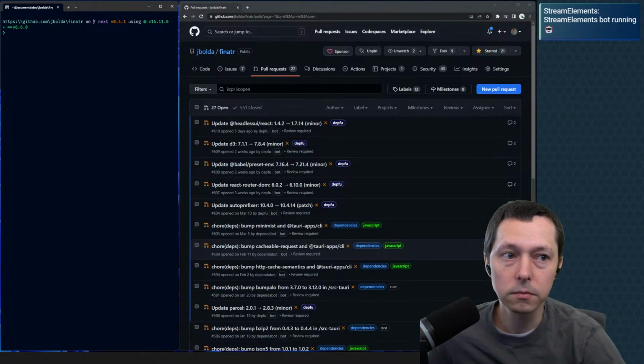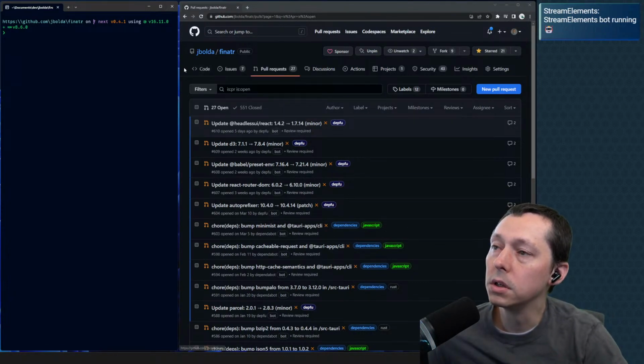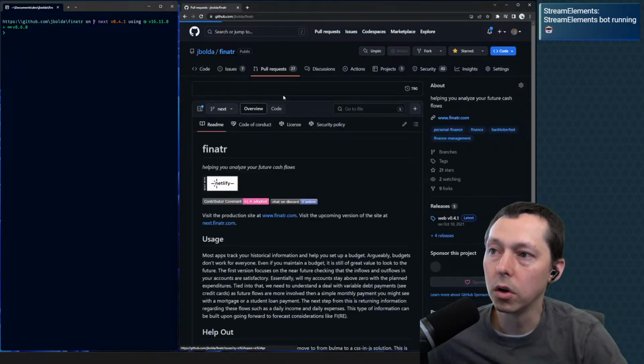I would like to do more with that Tauri integration. Probably file system would be the big win there. But TBT. So today we're going to try to knock out an upgrade of the Tauri app, and we'll see how far we get and if it's worth going anywhere from there. So let's pop on over. The app is called Finatter,